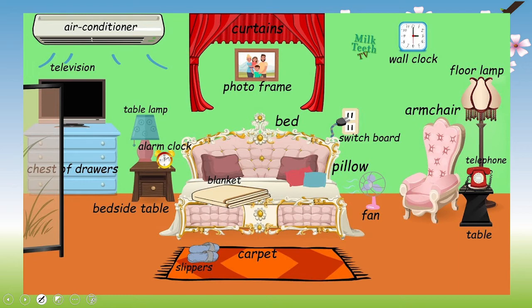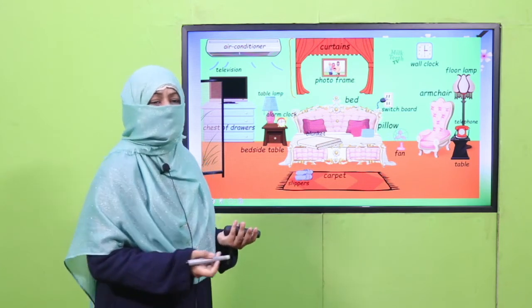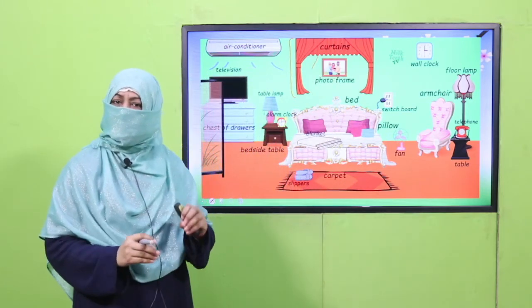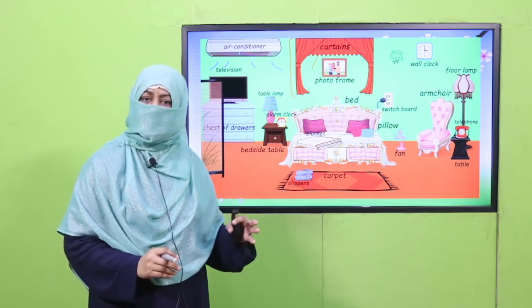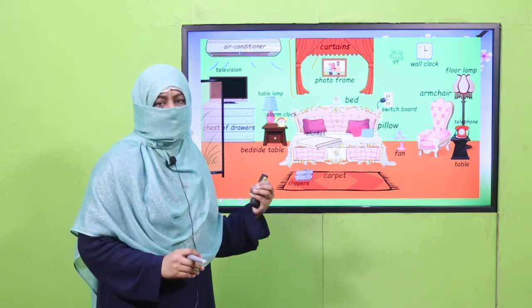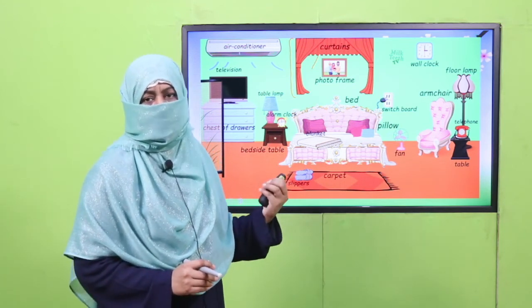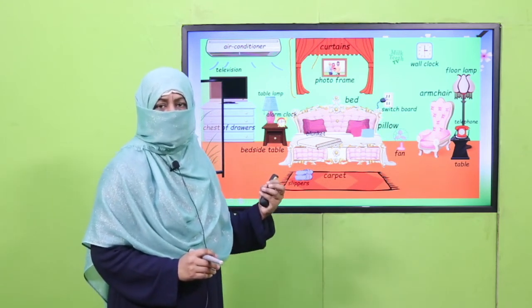Say the name. For example, here is a curtain. Say it. Curtain. Curtain. So what sound are you hearing first? Curtain. Which letter sounds like this? It's letter C. That's here. In this way, you will keep naming the objects and keep finding the initial sound and the correct letter for that sound. I suggest you do this activity with the help of your parents or any elder sibling who can correct you if you are unable to identify the sound.